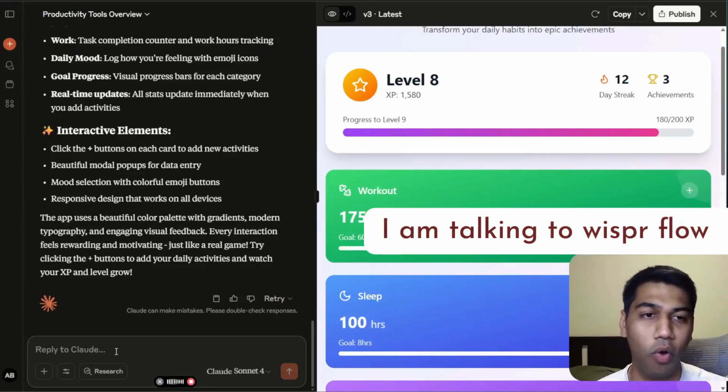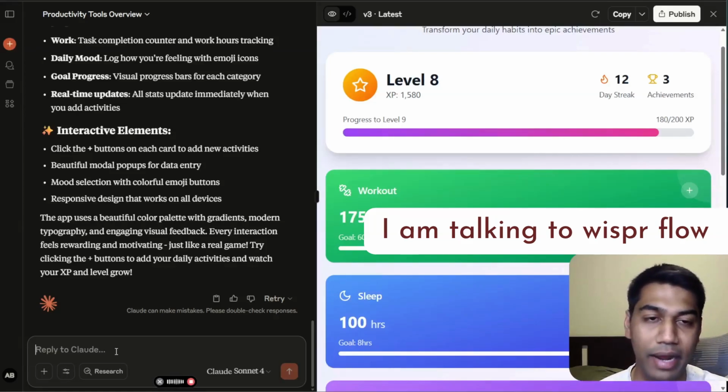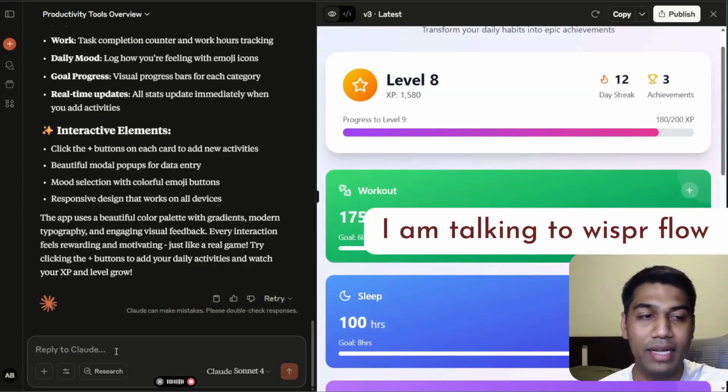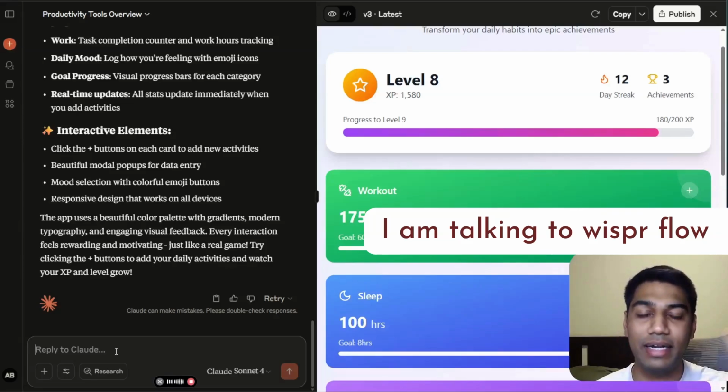So let's start. I don't want you to have this. I want to actually have an onboarding process. So the user should input their name and their basic details, right? And then go ahead to level 1. That's where they should start. Number 2, they should not be able to choose a workout that is just add 1000 minutes and that should change to progress. Rather than that, keep a slider between 0 to 120 minutes, which is a decent workout time. In addition to that, the sleep time should also be on a daily basis. You should not exceed more than 24 hours, because nobody can sleep more than 24 hours in a day. Have those restrictions built in. And on the task front, actually create a task list that the user can maintain within the app and then tick them off, right?